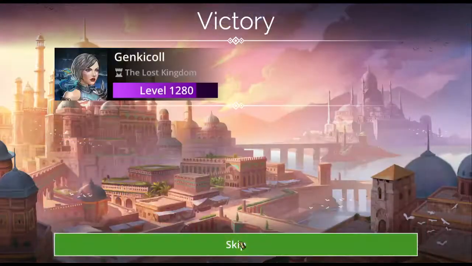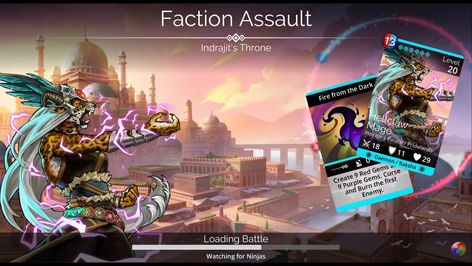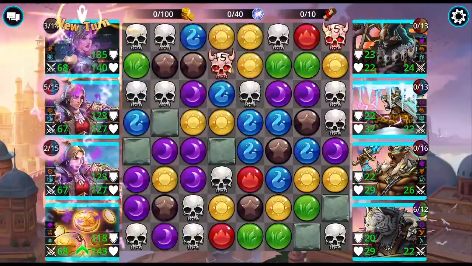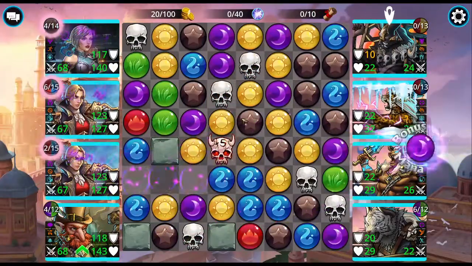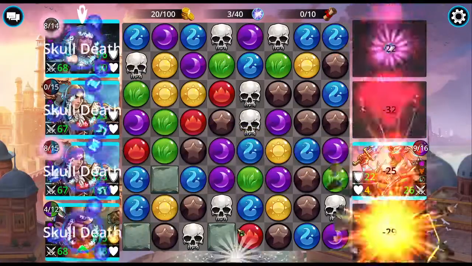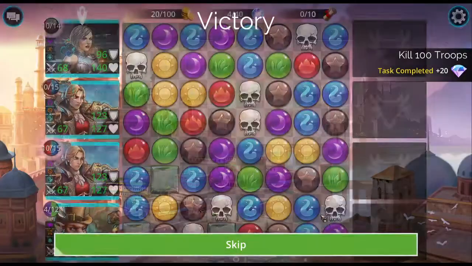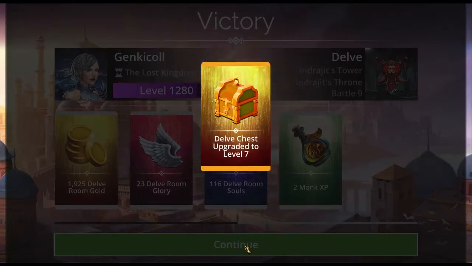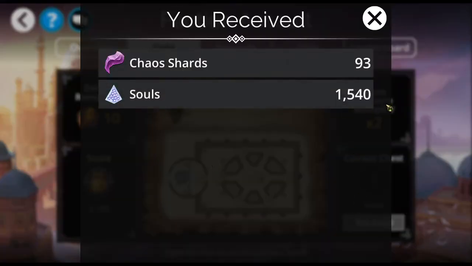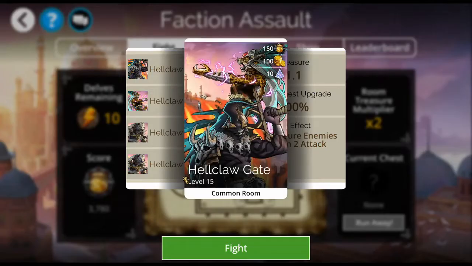Okay, a couple more rooms here, or one more room? One more? One more room. And then we'll get on to the next team that I have for you. Alright. Oh, fine. Oh yeah, I haven't looked at the adventure board today. Alright, first chest, level 7. I'll take what I can get. Okay. Needed some chaos shards. I used quite a few, leveling this place up. Alright, next we have